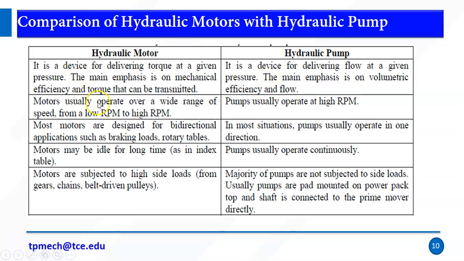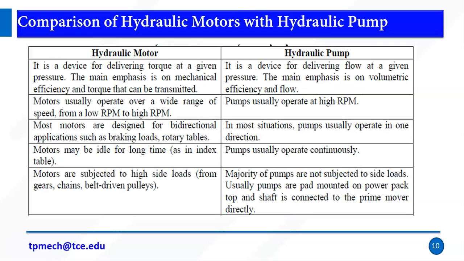Motors usually operate over a wide range of speeds, from low RPM to high RPM, but pumps usually operate at high RPM. Most motors are designed for bidirectional use. Bidirectional means we can change the direction of rotation. Most motors are designed for bidirectional applications such as braking loads and rotary motion, but pumps usually operate